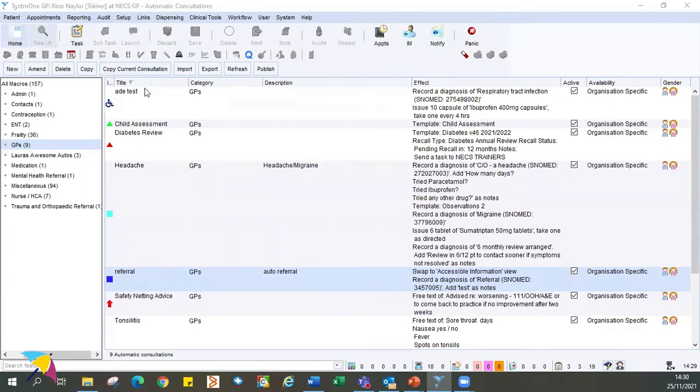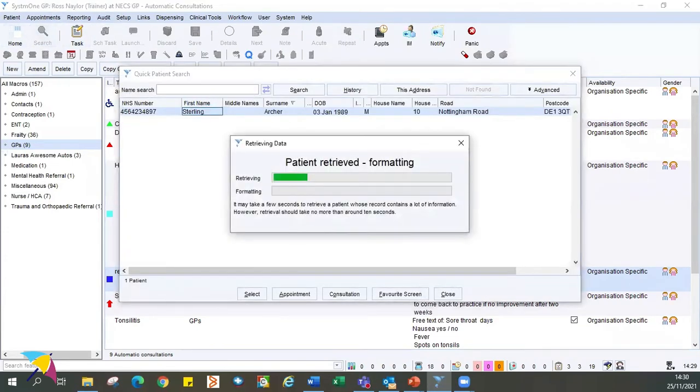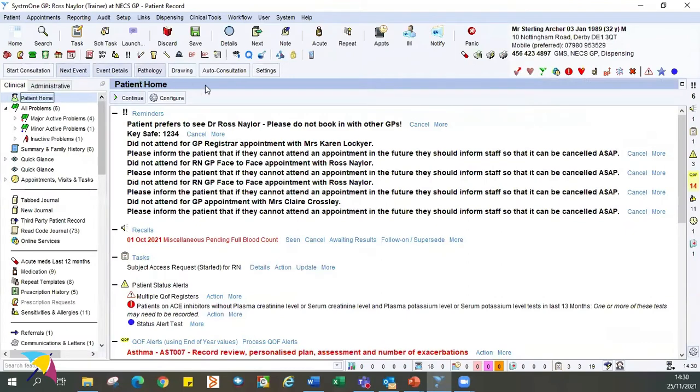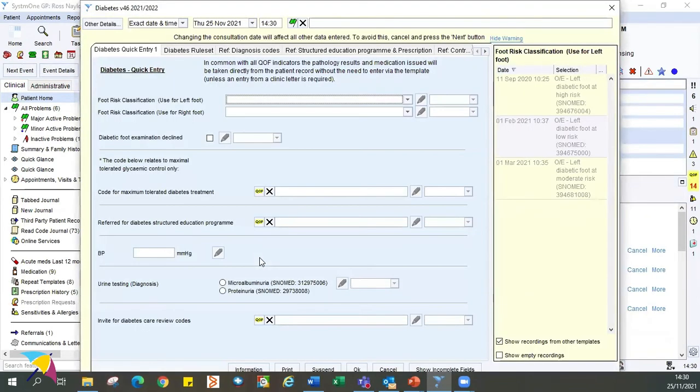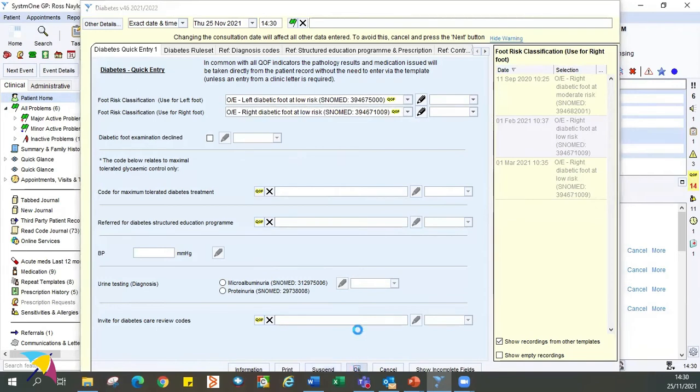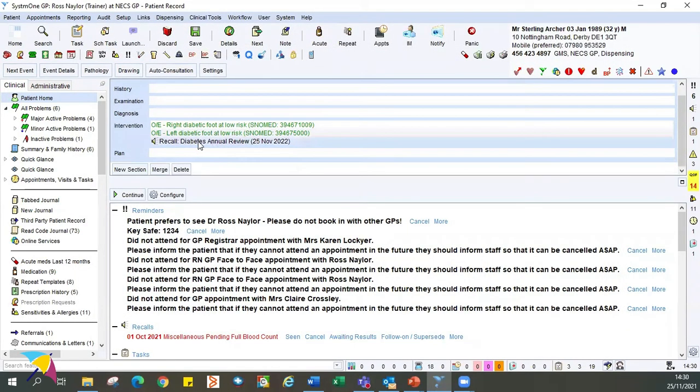So now if I go into my made up person, and auto consultations, I can put it in GPs, diabetes review. It's going to do 3 things. For me, it's going to bring up the diabetes QOF template. So I'm going to work my way through, filling this in. Okay. In the background, you can see there, it's added a 12-month diabetes annual review recall. And if I click save,